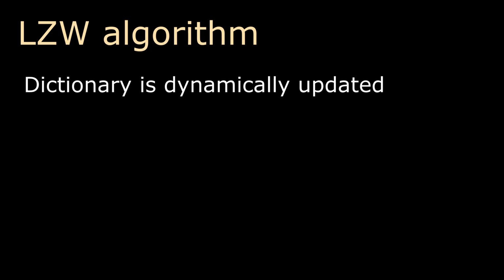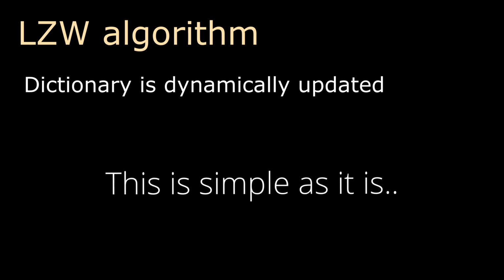Now let us see how the encoder for the LZW algorithm encodes the sentence "this is simple as it is." So now here you can see the word "is" is occurring 2 times. When the word is occurring for the first time, then the 8-bit index of I and the 8-bit index of S will be transmitted. As a result, a 16-bit code word will be transmitted for the first occurrence of the word "is." Whereas in the second occurrence of the word "is," the index of this word "is" will be transmitted.